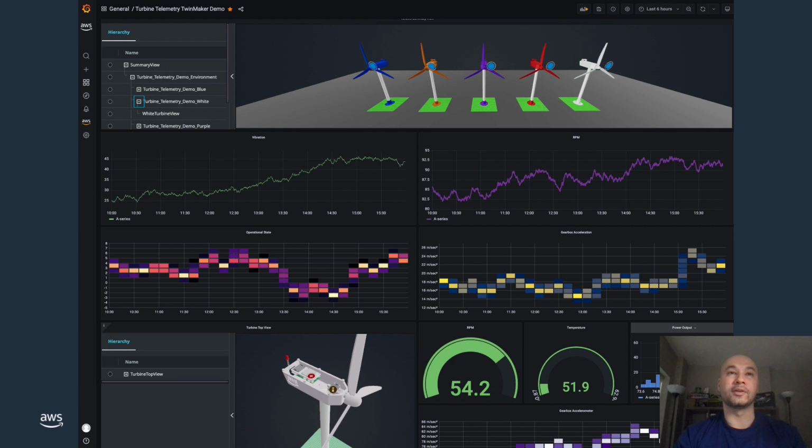So at the bottom left there, you can actually see a top-down view of an individual turbine where there's a warning that's been thrown. Maybe perhaps it's hit a threshold that would indicate a problem or a potential future problem. On this dashboard here, just to highlight what can be shown and what can be seen here, we have the